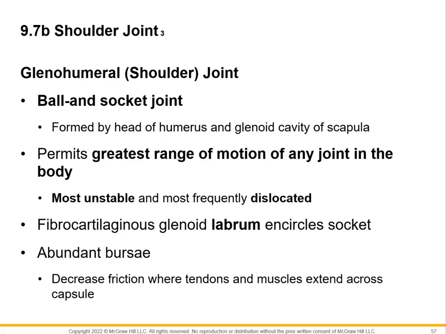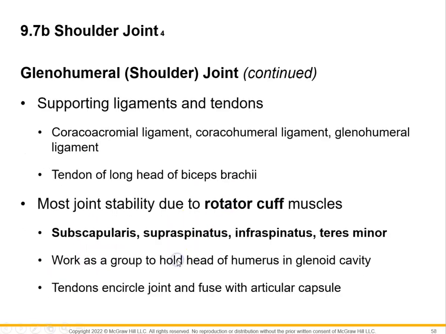There's a fibrocartilaginous labrum that encircles the socket, the glenoid labrum, and abundant bursae. This is going to decrease friction where the tendons and the muscles extend across the capsule. The glenohumeral joint has several supporting ligaments and tendons: the coracoacromial ligament, the coracohumeral ligament, and the glenohumeral ligament, as well as the tendon of the long head of